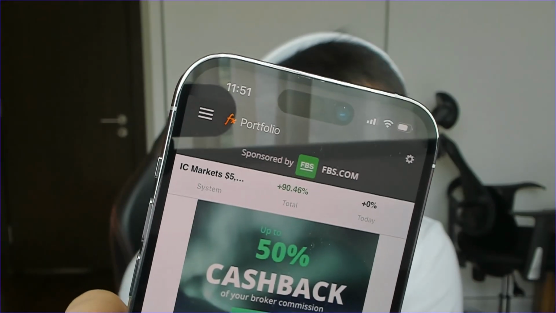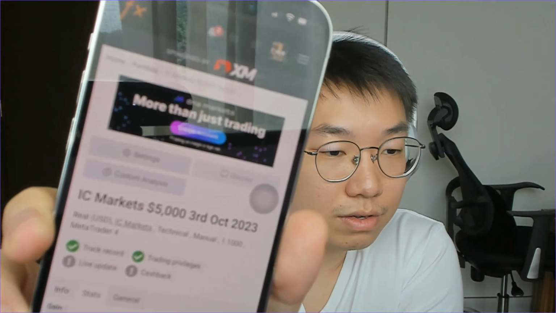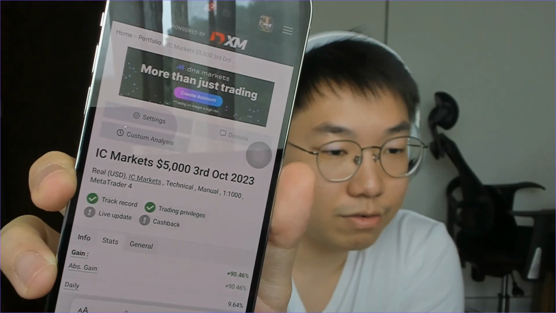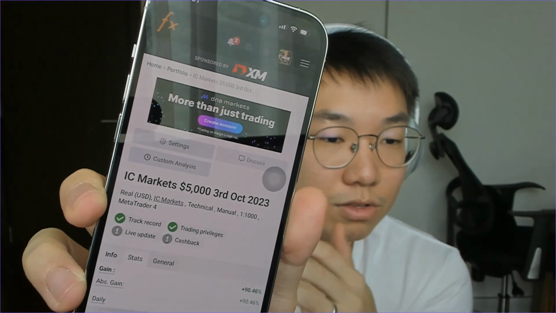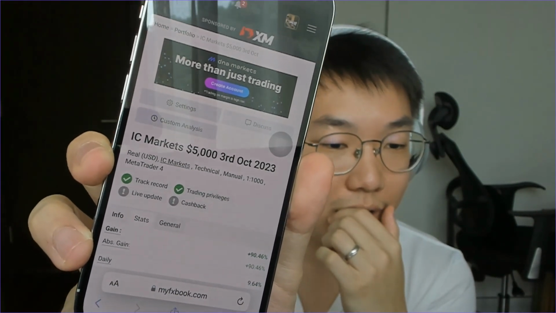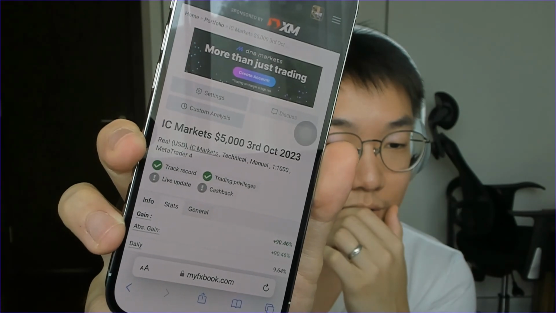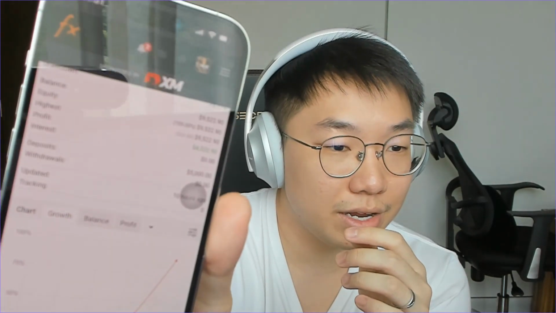So right now the account is sitting at $9,500. As you all can see, this is my FX book portfolio. You can actually see that it is real. It is real. IC Markets. IC Markets don't do fake accounts. 5,000, and we are running at a 90.46% gain. And the account balance is right now sitting at